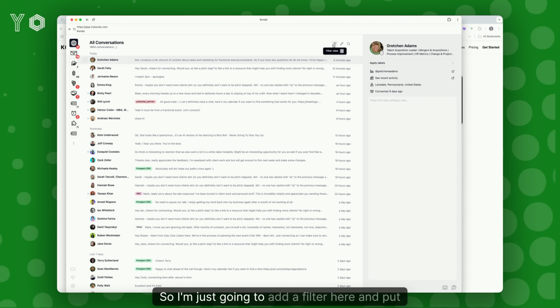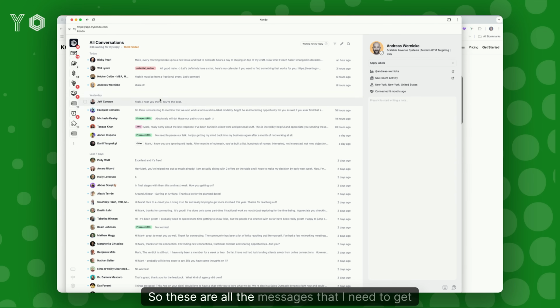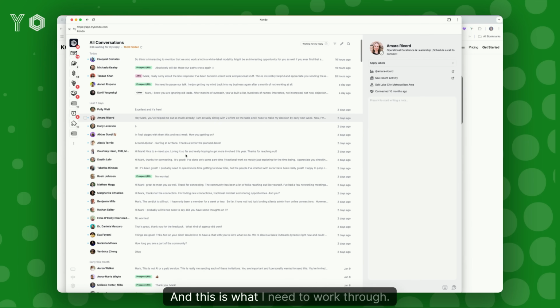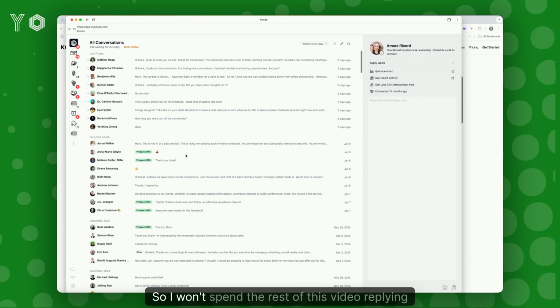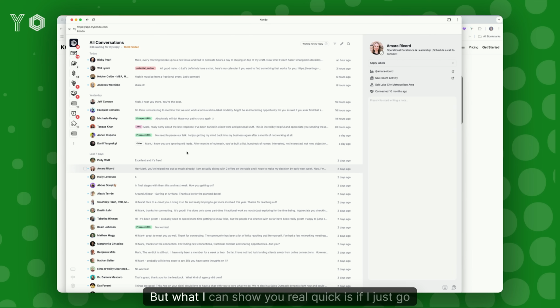So I'm just going to add a filter here and put this to waiting for my reply. So these are all the messages that I need to get back to. This little blue dot here means that it's unread. Others I may have read by accident, which happens a lot on LinkedIn. And this is what I need to work through. So I won't spend the rest of this video replying to all these people, but what I can show you